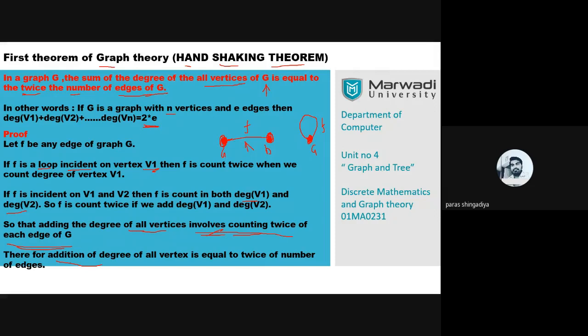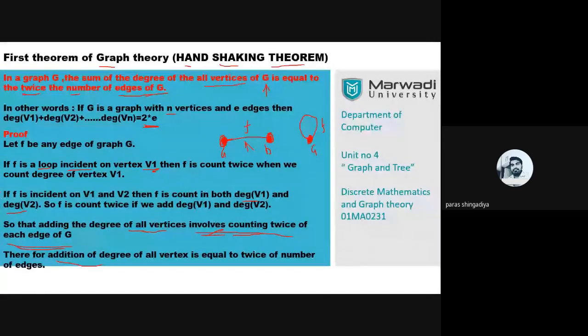What do you have to check here? We have to check two answers. One is the sum of the degrees of all vertices, and the second is the number of edges multiplied by 2. That answer will always be the same. Clear? You need to check the sum of the degrees, that is one answer, and then check the number of edges in this graph and multiply by 2. That answer always matches in any type of graph. So that is the proof here.